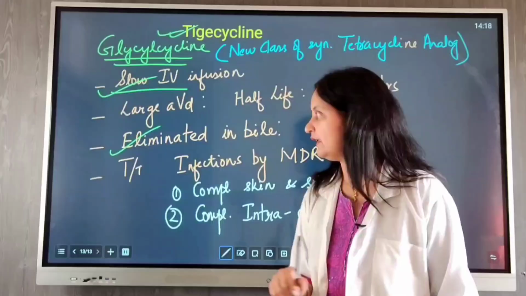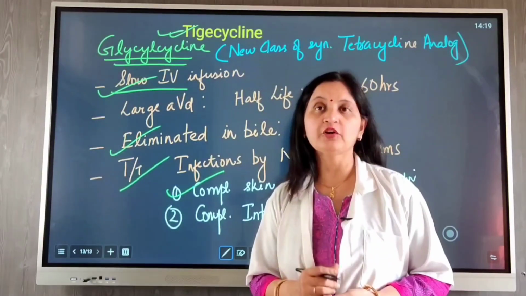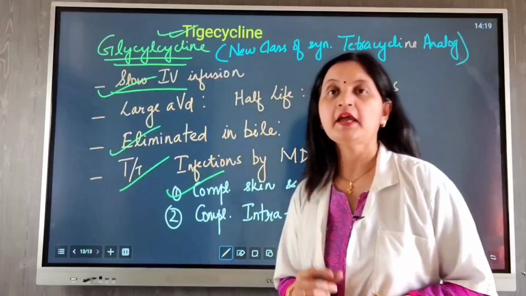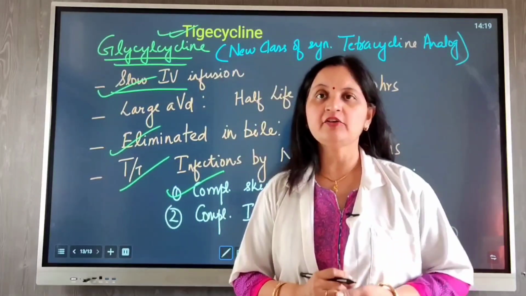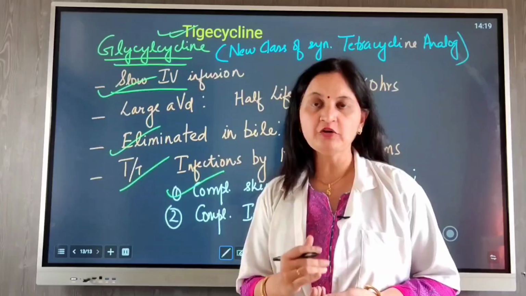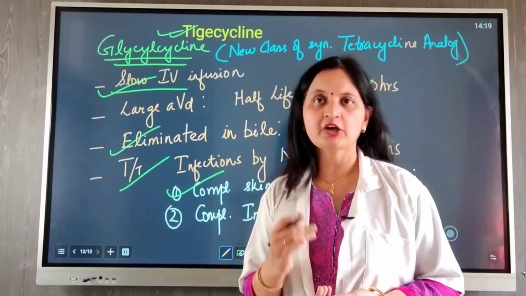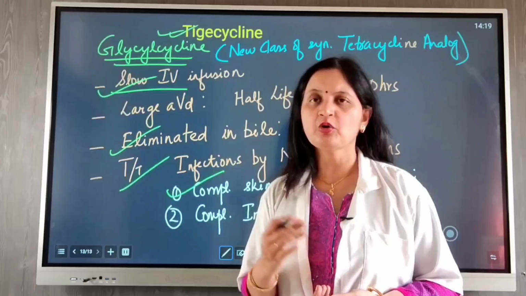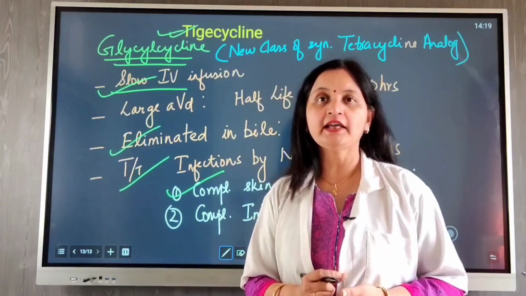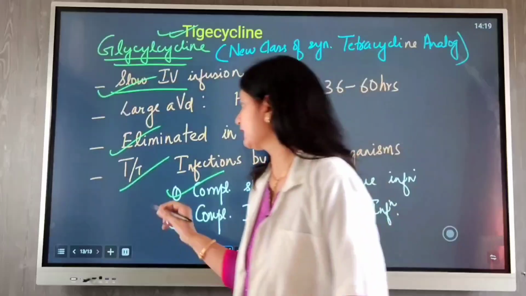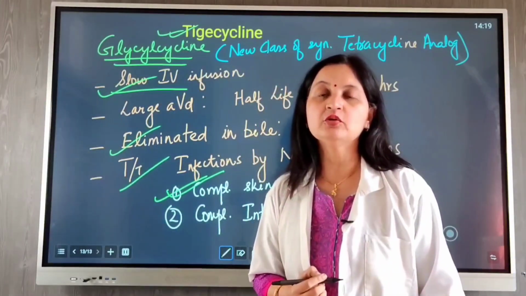needed in renal disease. When it comes to the clinical use of Tigecycline, it is useful for treating infections that are caused by multi-drug resistant organisms including methicillin resistant Staph aureus, vancomycin resistant organisms, gram-negative bacteria, gram-positive bacteria, streptococcus, pneumococci including anaerobes. Therefore, it is highly useful for treating complicated skin and soft tissue infection, particularly those that are caused